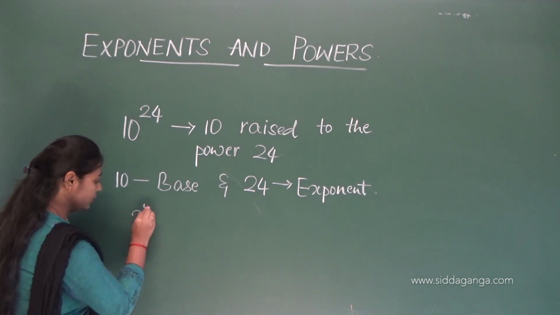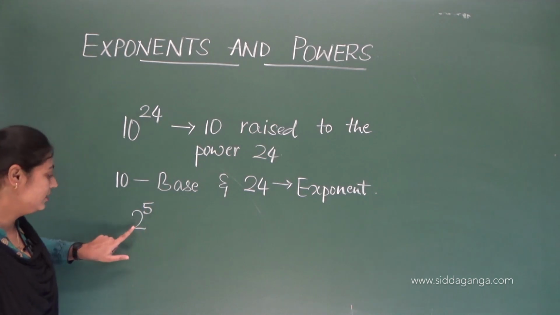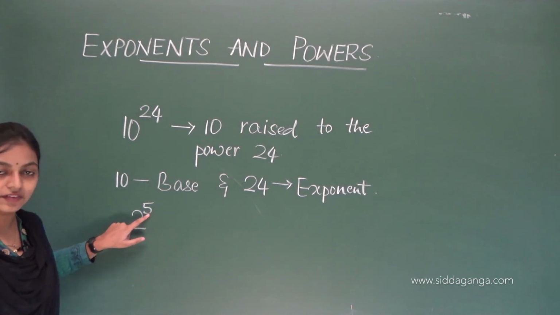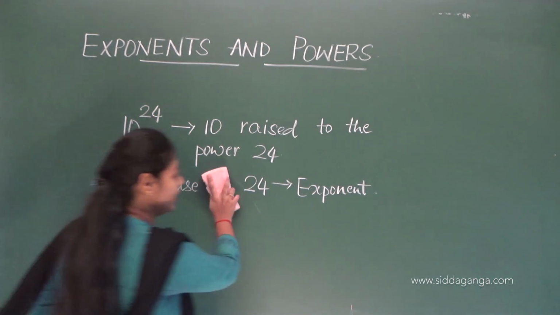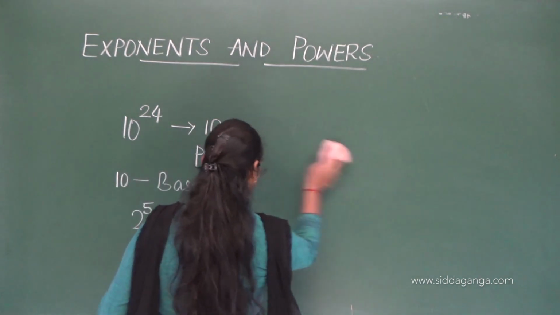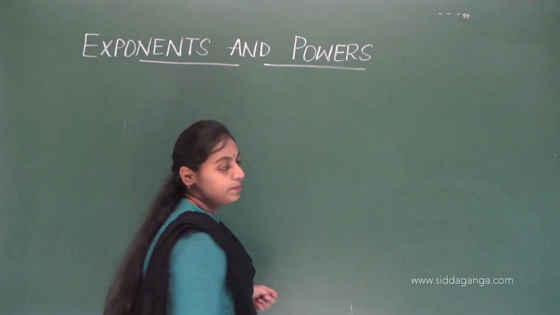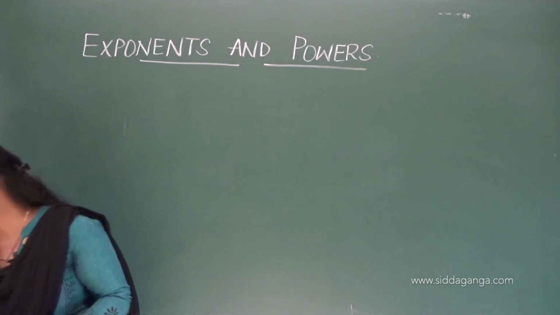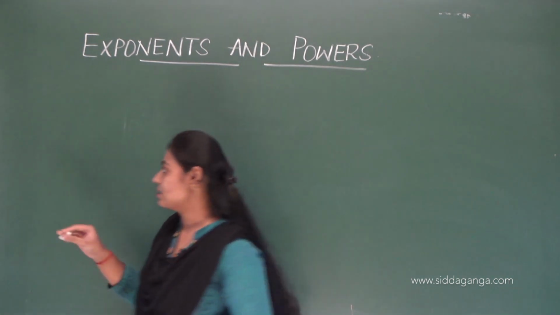Similarly, 2 raised to the power of 5. Here also 2 is the base and 5 is called the exponent. In earlier classes, in the lessons on squares, square roots and cube roots, you have seen positive powers and how to write them. In this chapter,